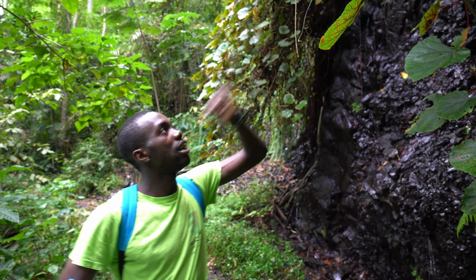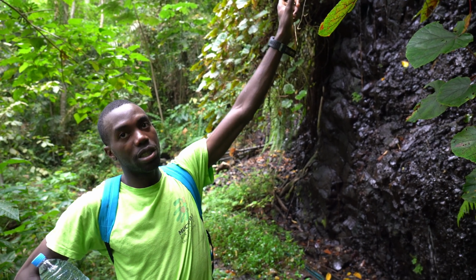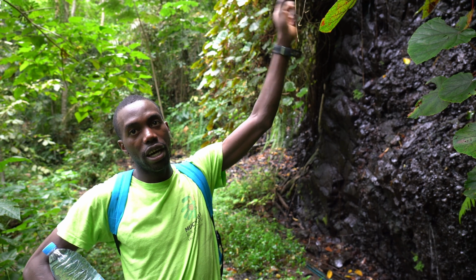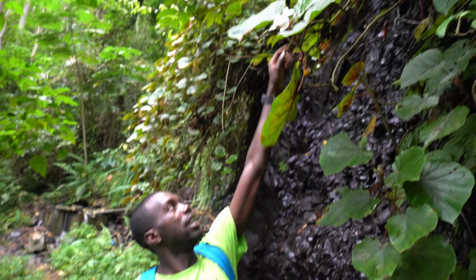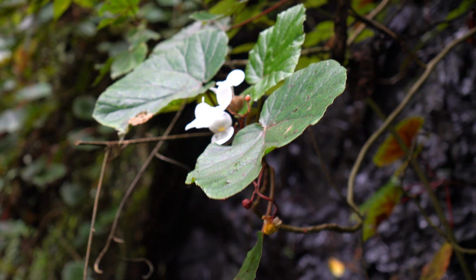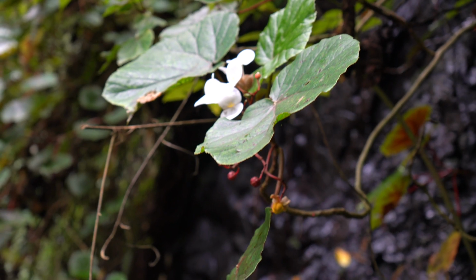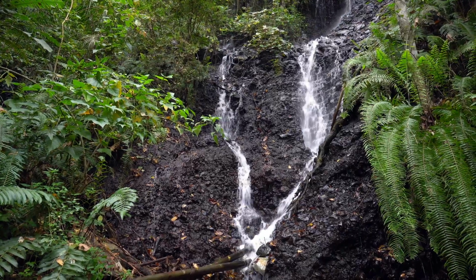Begonia is different from other plants. Begonia first gives the fruit and then the flower. But other plants first give a flower and then fruit. Begonia is different. Begonia first gives a fruit. You can see down there, and then it gives the flower. So as you can see the fruit,